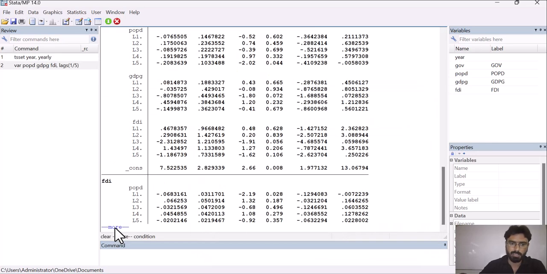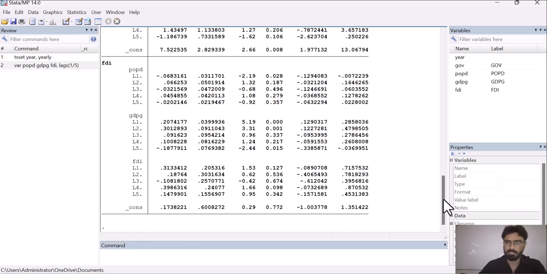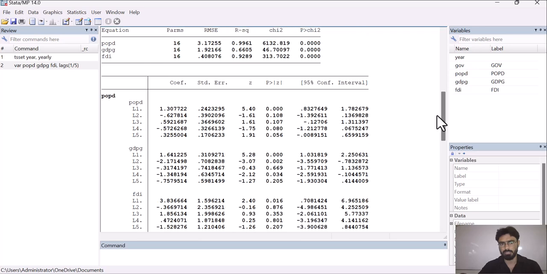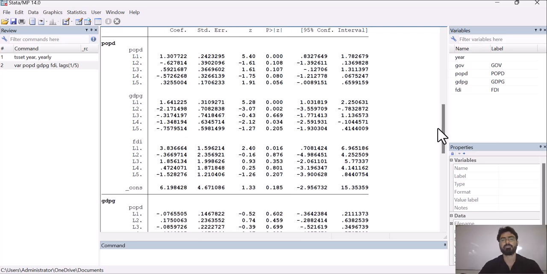So here it has provided us all the results for the VAR model. We have selected 3 variables in our VAR model for estimation, so that's why we have 3 model estimations.